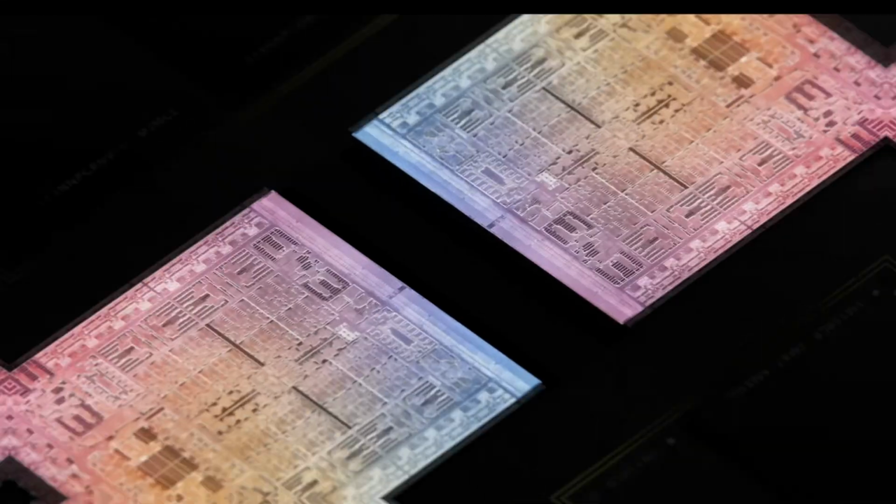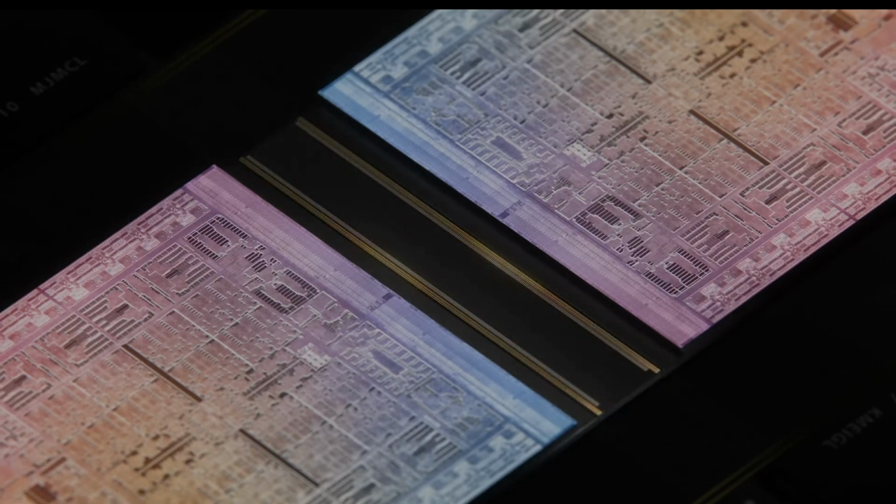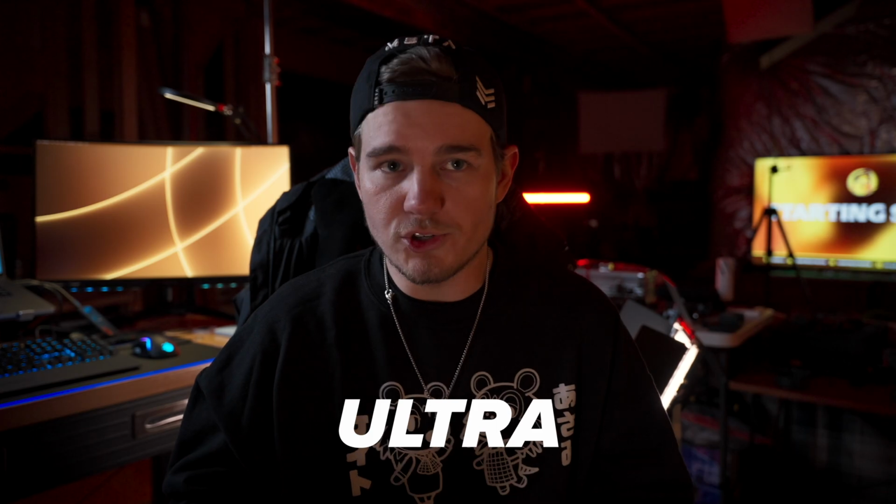How, you might ask? Well, that's because the M1 Ultra is effectively 2 M1 Max chips sewn together to make one Ultra Max Mega chip. But what does that mean? Well, in short, it means huge performance increases over the already insane M1 Max, and if you're a developer, you'll